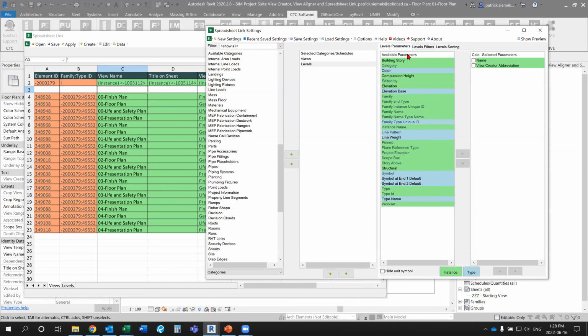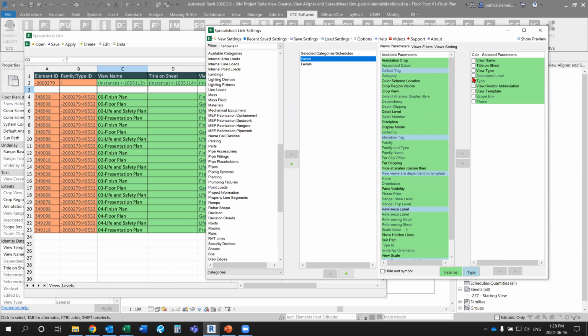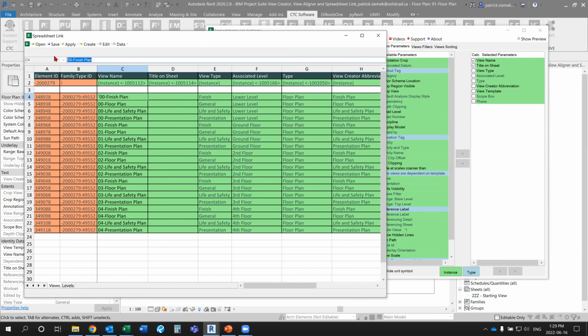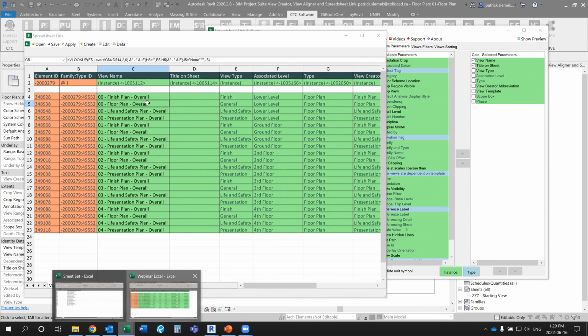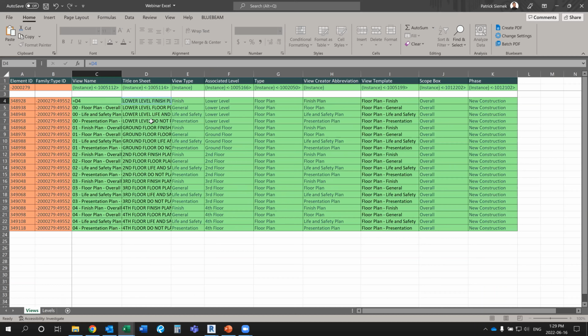One of the things you could do inside of the spreadsheet link is when you have view name or title on sheet, I could click these calculated formulas. So instead of dragging down to all of the different cells to do that calculation, I could check those on, come back into the spreadsheet link, paste my formula, and automatically that will calculate those values throughout the other options. And then the final one that I have in place over here, I'm going to select this one,